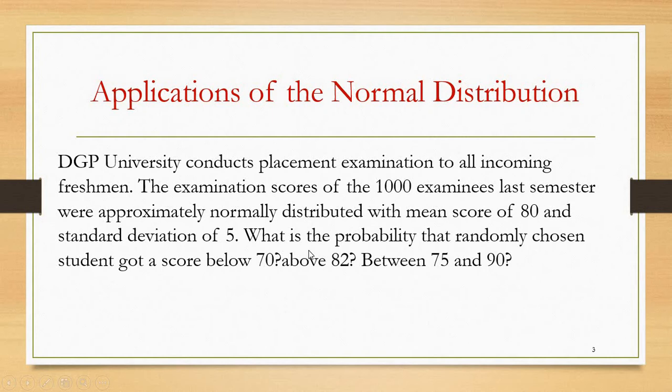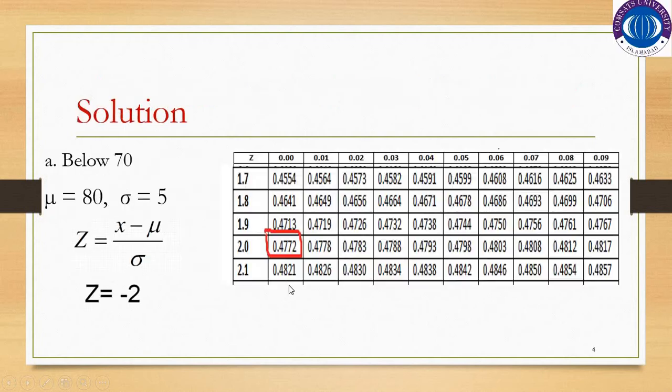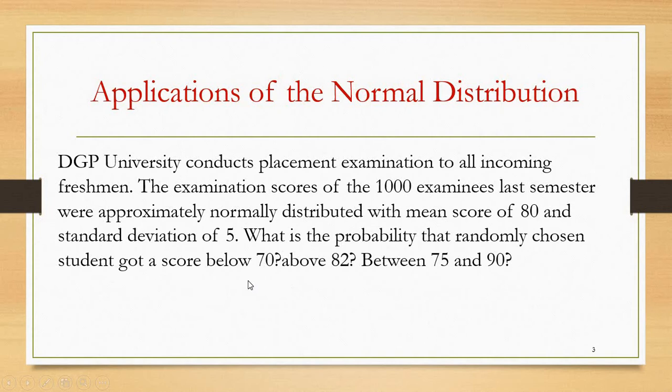What is the probability that the randomly chosen students got a score below 70, above 80, between 75 and 90? So basically you have to find out all these three probabilities, and here we have our